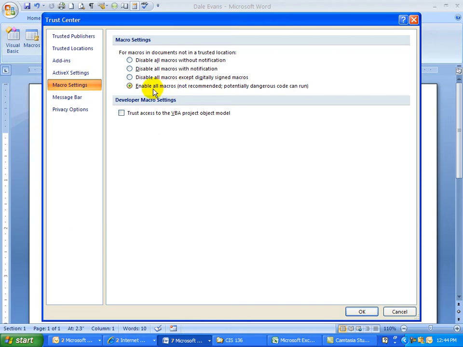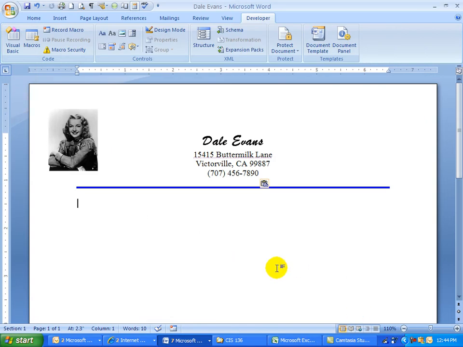When you're done attaching macros, I would go back into macro security and turn it back on the first one again. So keeping in mind that we have to make it a macro enabled template, and because it's going to a document, we have to